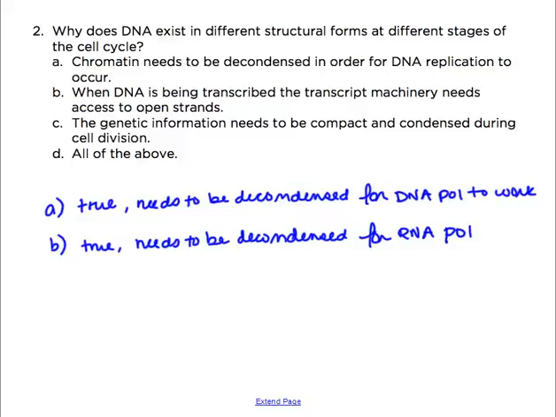Okay, and just remember that transcription is where DNA is copied into mRNA or RNA transcripts that are then translated into proteins. And then finally C, the genetic information needs to be compact and condensed during cell division. So this is also true, and we've talked about it before in an earlier problem-solving set, that in order for chromosomes to,